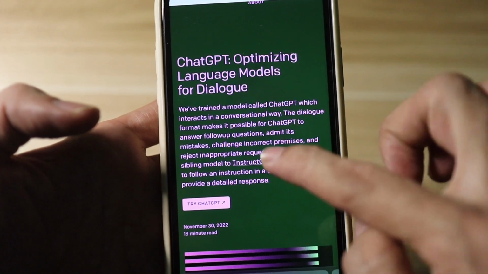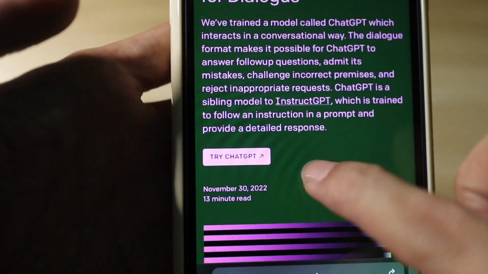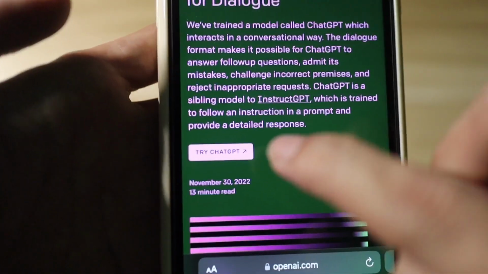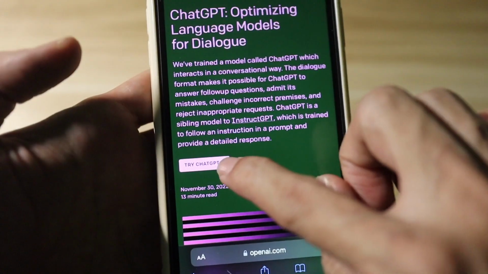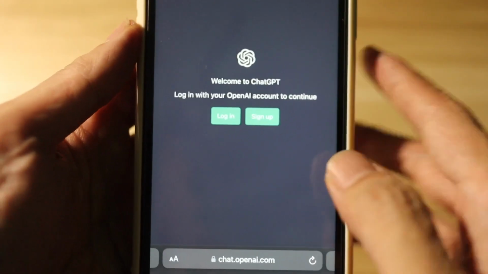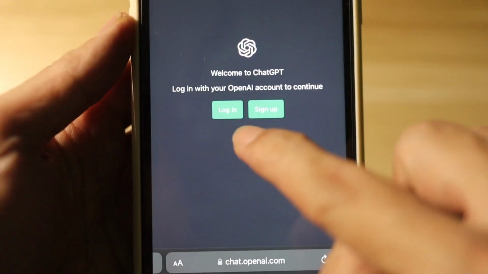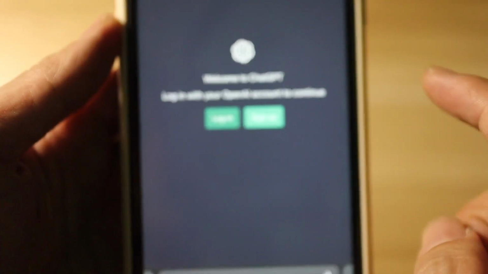And as you can see, there's a button here that says Try ChatGPT. This is the login button. Just click it. If you don't have an account yet, you can sign up, but if you already have, you can log in. So just press log in,